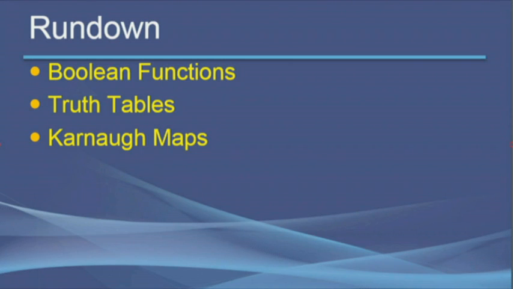So let's consider the rundown. Today we are going to talk about Boolean functions, truth tables and Karnaugh maps. We are going to do this revision by using past question papers. Since you already know the theories from the classroom, we are going to discuss 5 questions today, and by the way, while doing the questions you will understand the theories as well.